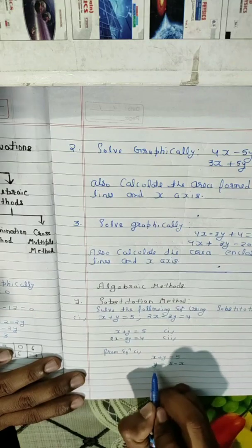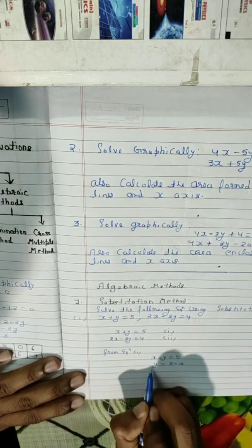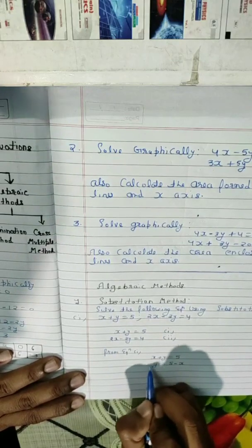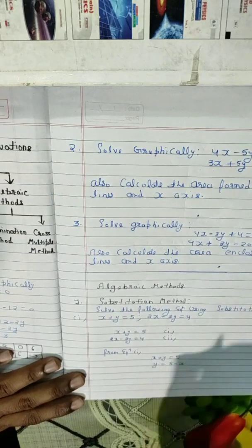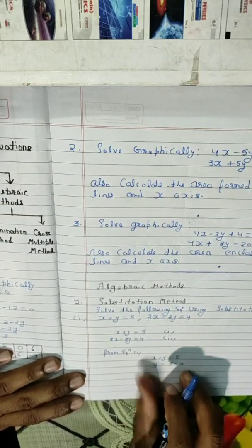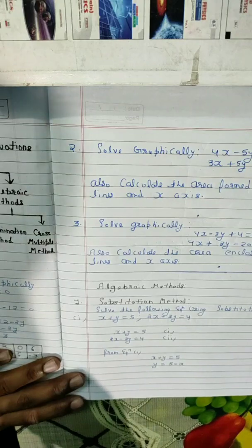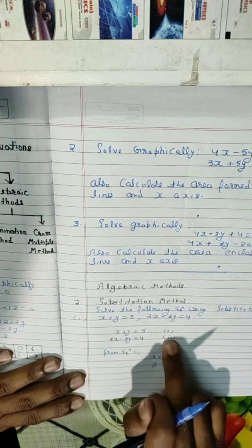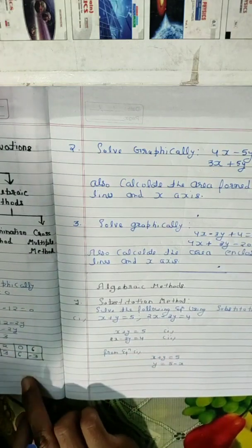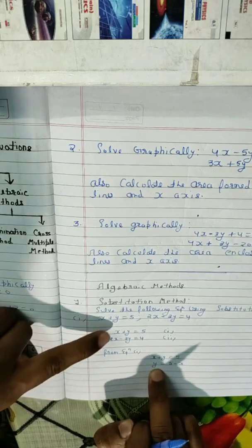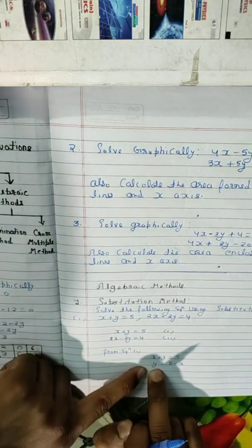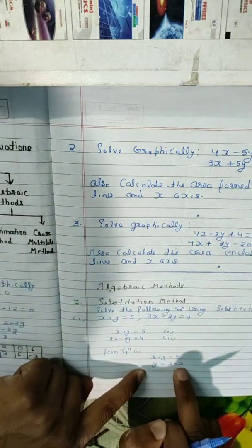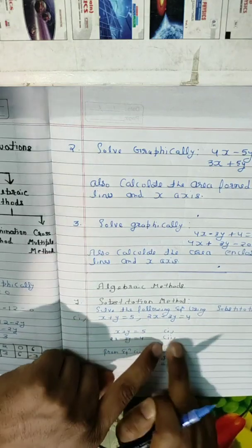So I found y in terms of x completely. On the left hand side there is only the one variable y, and on the right hand side the other terms of the equation. Now y is equal to 5 minus x. In the next step, I have to substitute this value of the variable in the second equation. I have calculated this value of y from equation number 1, and now I will substitute this value of y in equation number 2. So if you have found the value of one variable in terms of the other from equation number 1, then now put it in equation number 2.